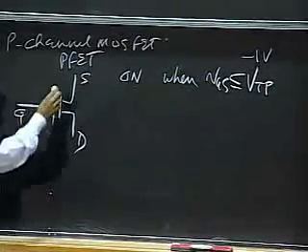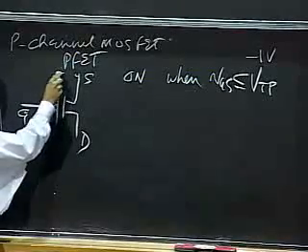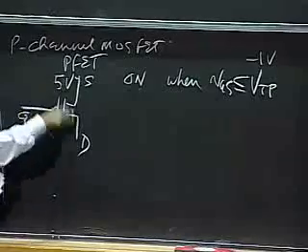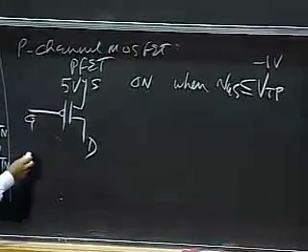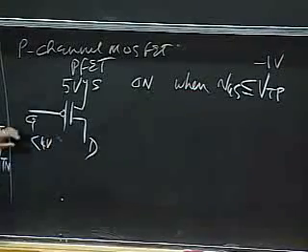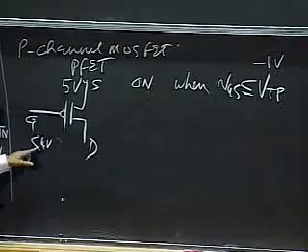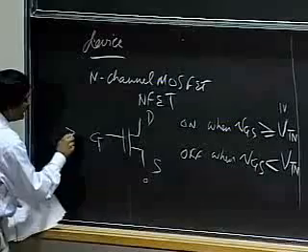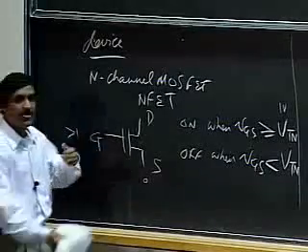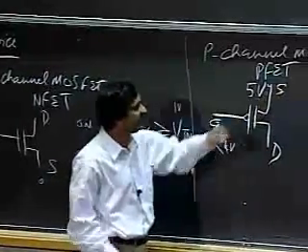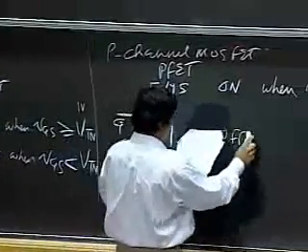So this means that if the source is at, say, 5 volts, then this device would turn on if the gate, using that example, was less than 4 volts. So if the gate fell below 4 volts, this guy would turn on. In this situation, remember, if this was at 0, the gate would have to be greater than 1 volt to turn on. In this situation, the gate has to be less than 4 volts if the source is at 5 to turn on. And it's off